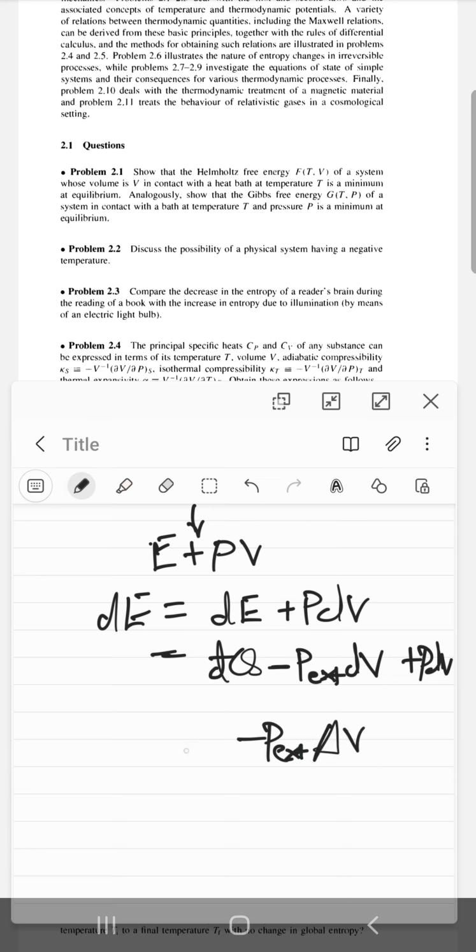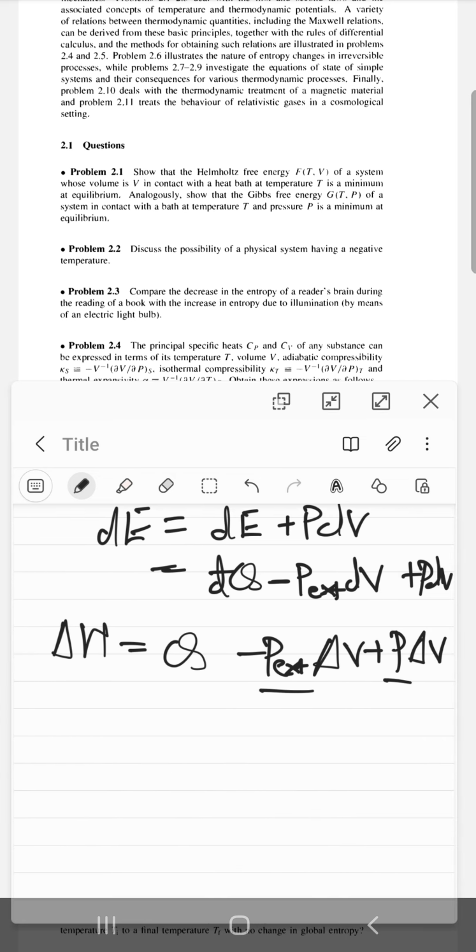Yeah, and so you can just say dE is the heat that you have put in minus this term, but then PV changed by how much? It's exactly P delta V, right? And that's delta H. But then use the fact that P external and P are actually going to be the same because you're doing a quasi-static process, so you have to stop in between, and it should be at equilibrium everywhere. That requires P external and P to be the same quantity, and so that implies that delta H is just